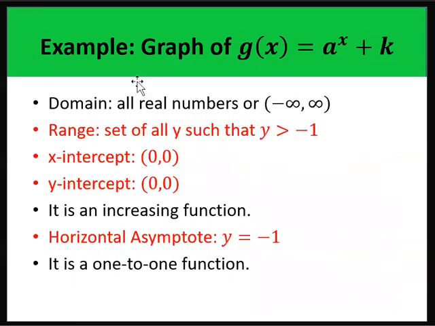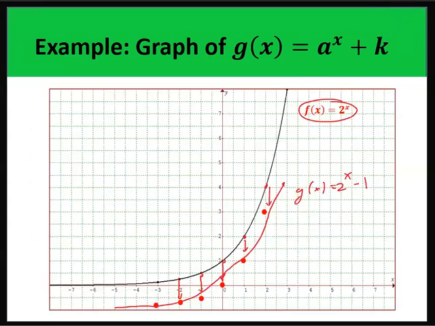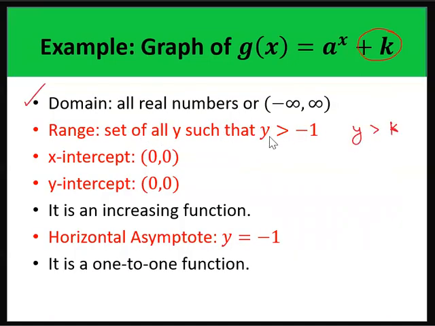So since the graph still extends indefinitely going to the left and to the right, the domain is still the same. However, since the graph moved downwards, the range will change and it will now be y such that y is greater than negative 1. So in general, if we have the value of k, then the range will be y is greater than k. Since k is equal to negative 1 in this example,